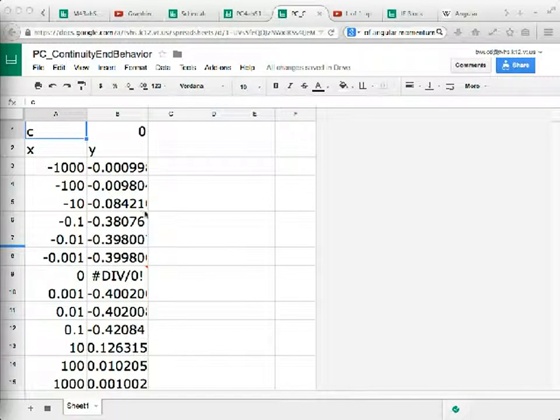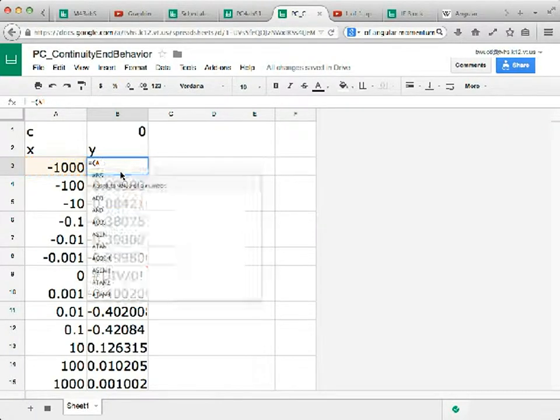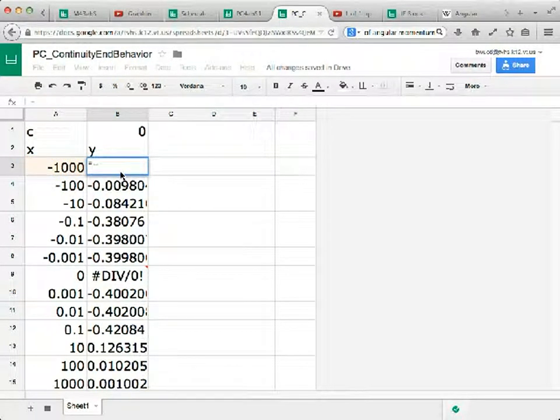Now, here's a little Google Doc sheet that I'm going to give you. The way you deal with this is you enter your formula in the y column like so. The equation is x minus 2 over x squared minus 4. So equals, and instead of x, I'm going to click on this cell right over here. Open parentheses, x minus 2, close parentheses, divided by, open parentheses, this cell squared, using the caret to the second, minus